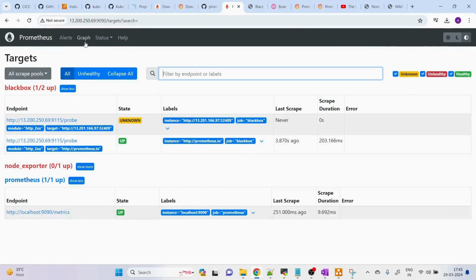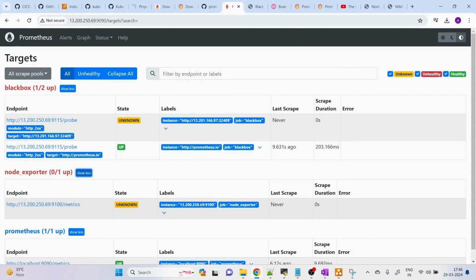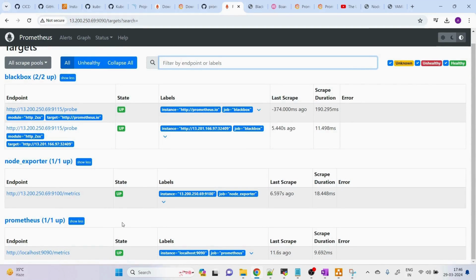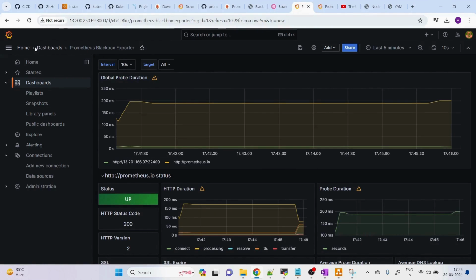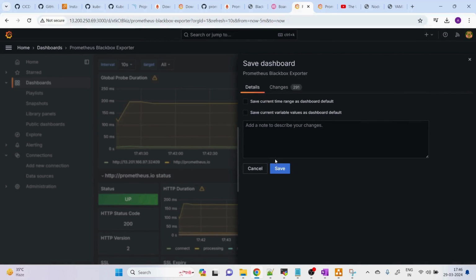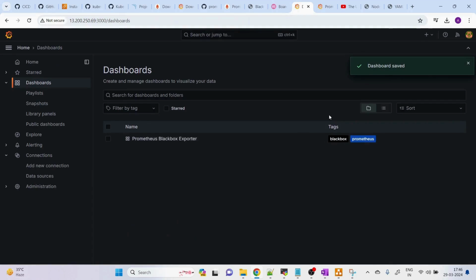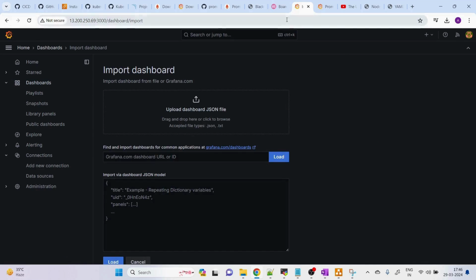We can go to the Prometheus dashboard, refresh the page once, and node exporter is also up now. Sorry, it is in progress. Okay, so let's wait for this. Let me refresh the page and it should be all of them are up and running now, right? This is good. Now we can go to our Grafana dashboard, save the current dashboard. Okay, and now let us create another dashboard. Import, and we need to get the ID for